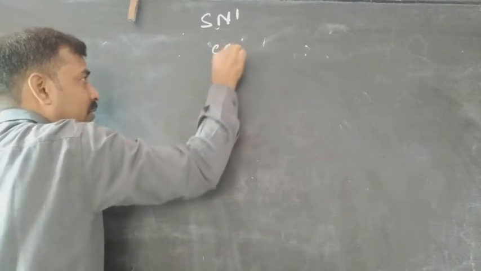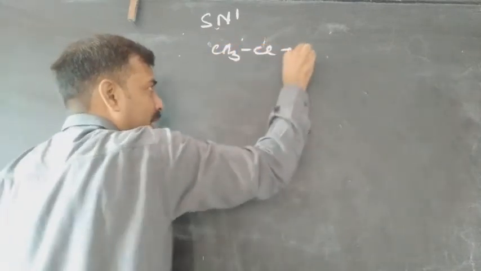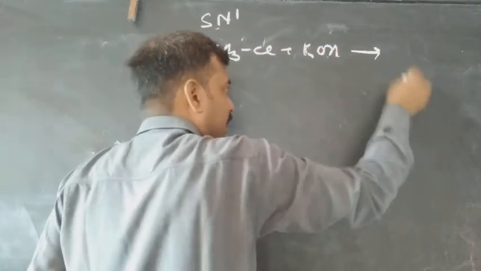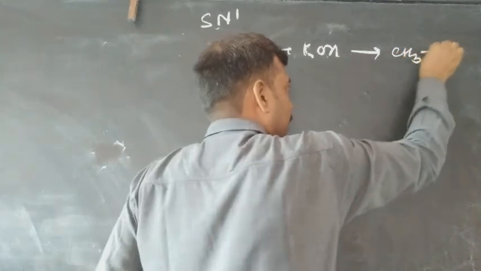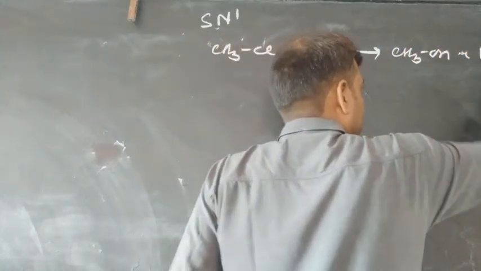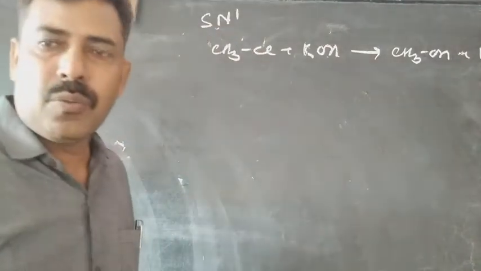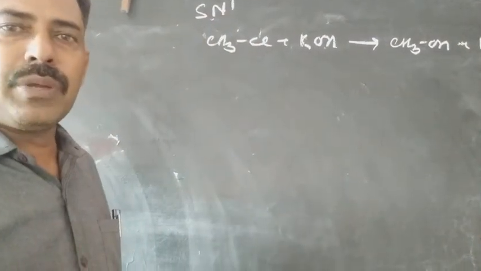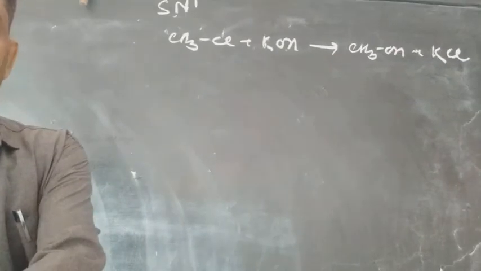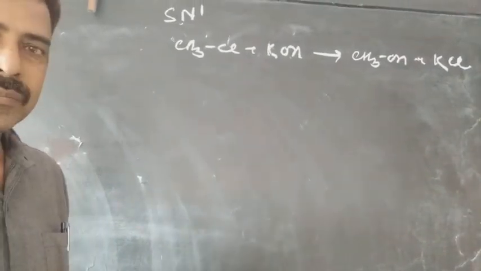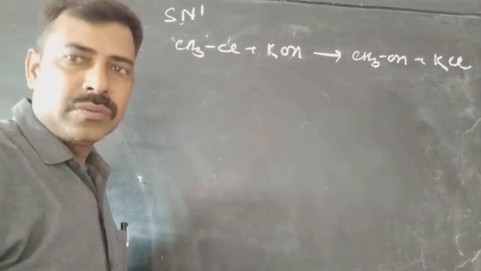That will be CH3Cl, which when it reacts with KOH gives CH3OH plus KCl. The same reaction that we took in the previous case. Now when you look at this reaction, the mechanism